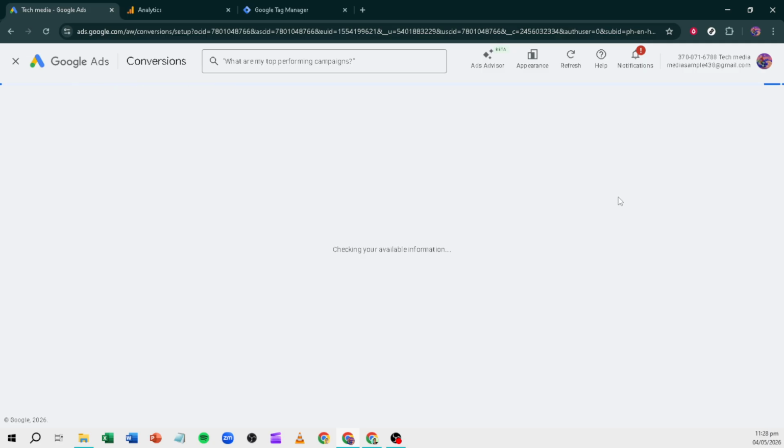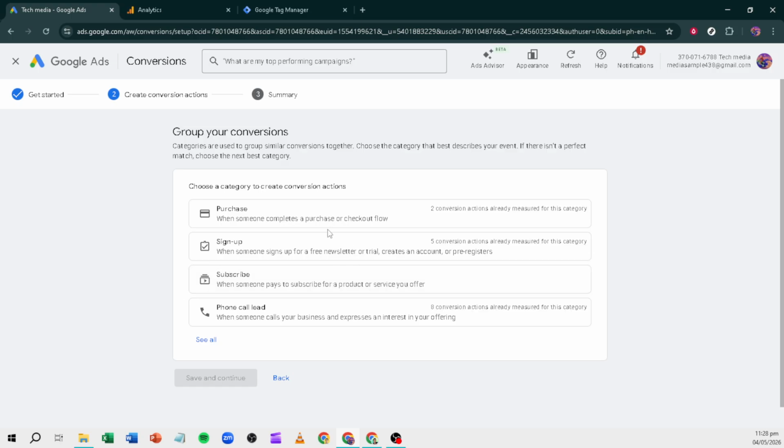A quick tip: if you're also using a standalone Google Ads conversion tag for the same action in Tag Manager, avoid double counting by keeping only one active method for that specific conversion. Finally, monitor the conversion status in Google Ads to confirm it's receiving events, and verify that your campaigns are set